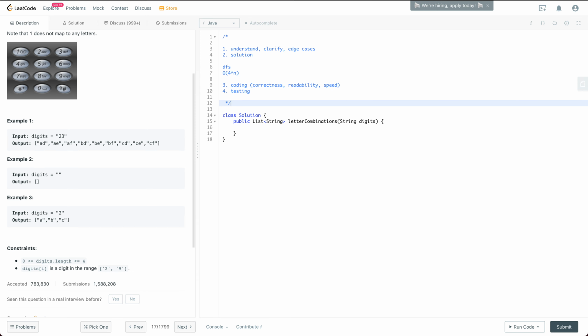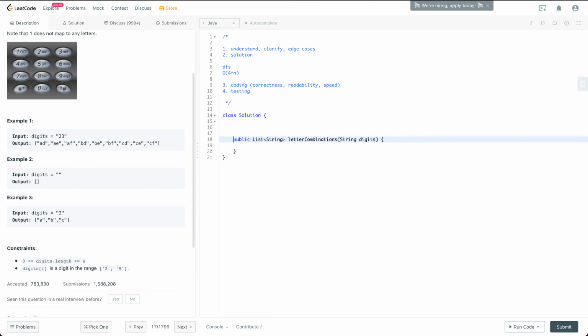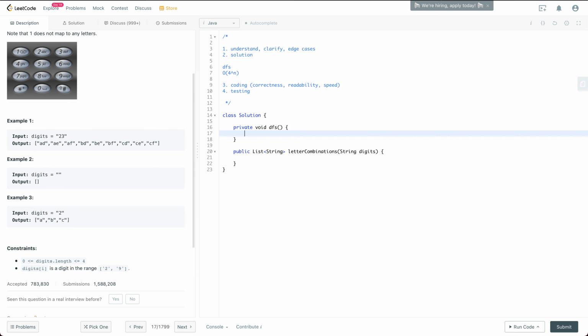So let's do some coding work. For coding, take care about the speed, correctness, and the readability. Let's try to do some coding work here. So we define a DFS function. The function is essentially going to have the temp string, and also the length of it,